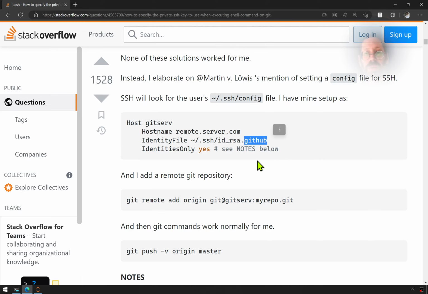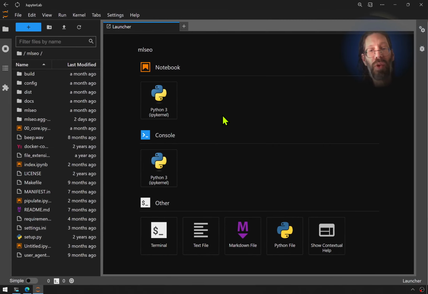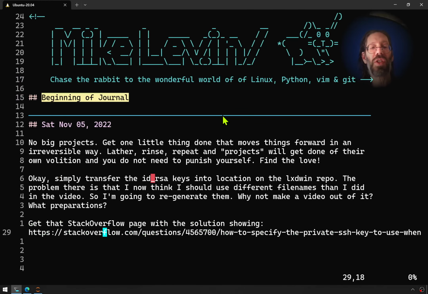I will just put pipulate in the file name, like I was about to on the previous version of this video, but did not do, because I wanted to lean into the strengths of the way things work by default. But now that it's working by default, I am trying to avoid key collisions, key name collisions. Okay, so